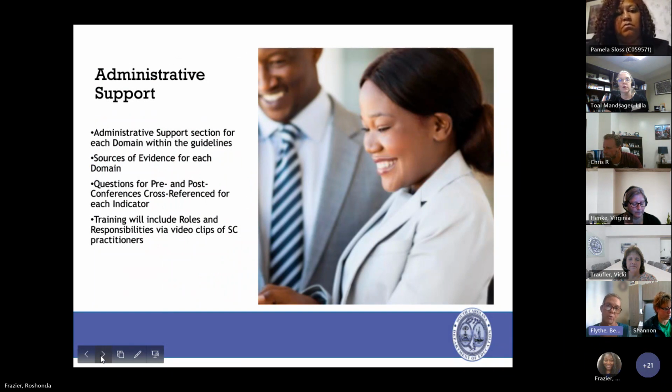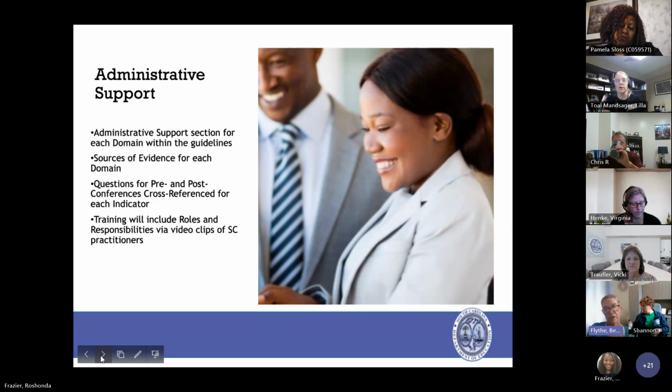Again, back to the administrative support, our advisory councils who helped us make the changes to the ADEPT model for special areas came back unanimously with the fact that they were overwhelmed with the idea that their administrators may not know what they had to do in their roles. If their administrator went straight from the classroom to the administration role, they may have never been a school counselor or a school librarian. They may not know what all is involved with culling the stacks and collection management, and if you have to do iPad issuing or whatever other duties are aligned with your role in your particular job description.